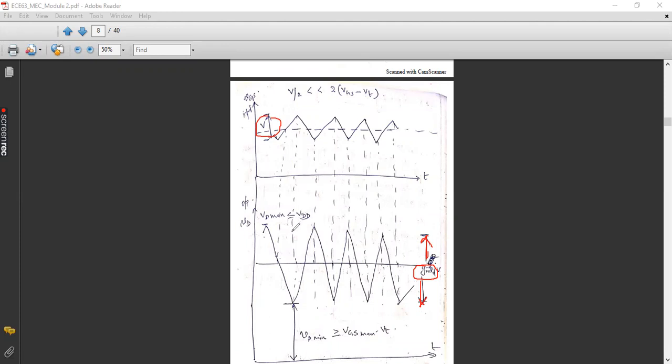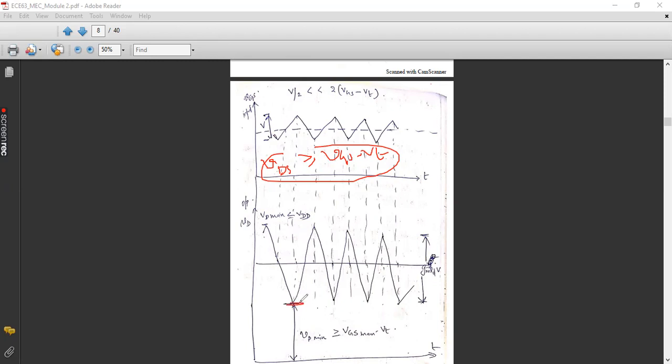Now one more condition we have to ensure. You know that for getting the proper swing, you should bias your Q point in the mid of saturation region. So for that, the condition to be satisfied is VDS greater than or equal to VGS minus VT whenever we are considering an NMOS, right? VDS is greater than or equal to VGS minus VT. So this condition we have shown here also.